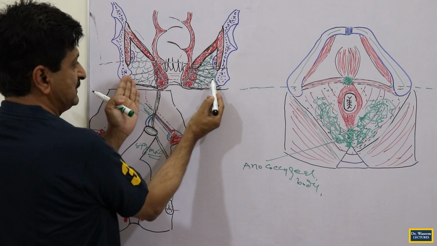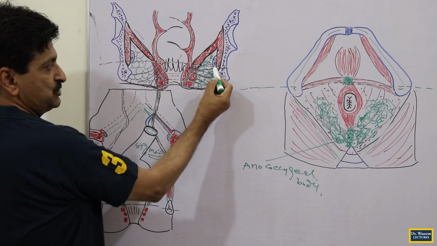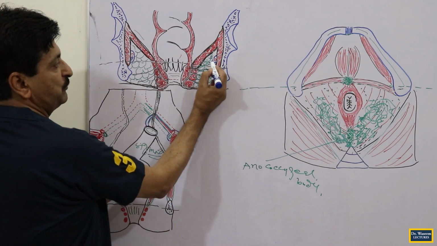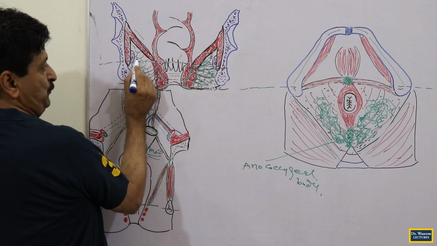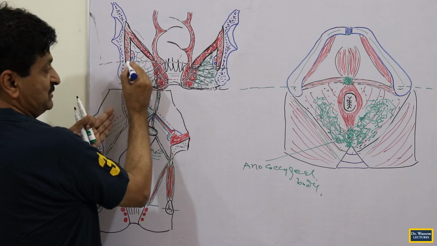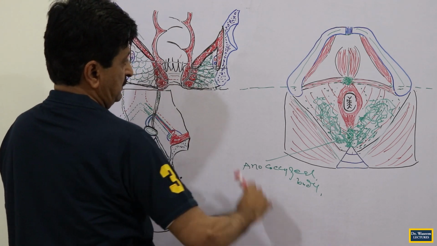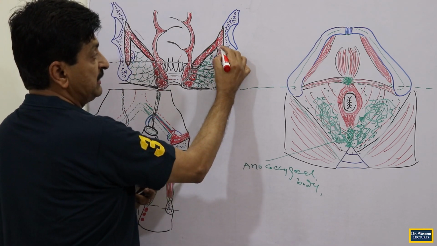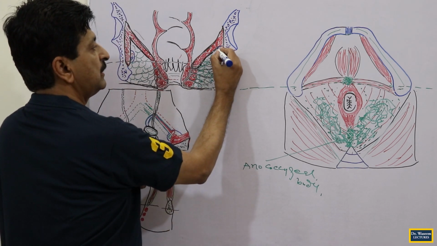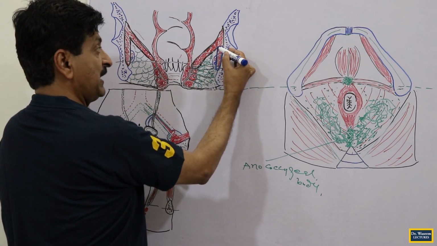So, if you look at this green color, which we are showing you as fat bodies, this area is called the ischiorectal fossa. If you are looking at the boundaries of the ischiorectal fossa, laterally it is formed by the obturator internus muscle. You can see this obturator internus muscle here. But which part of the obturator? The lower part of the obturator internus muscle. The lower half of the obturator internus muscle is forming the lateral boundary, that is covered by obturator fascia,